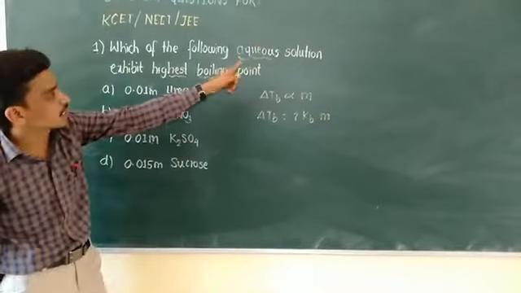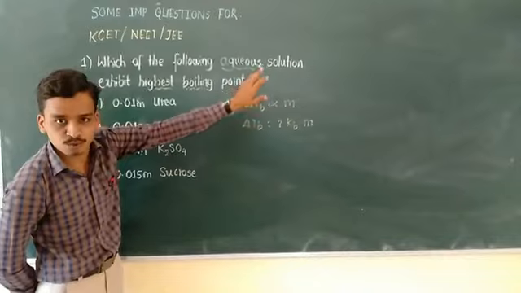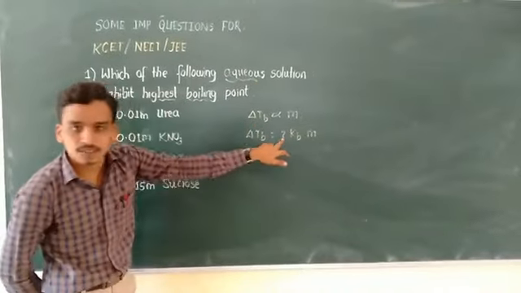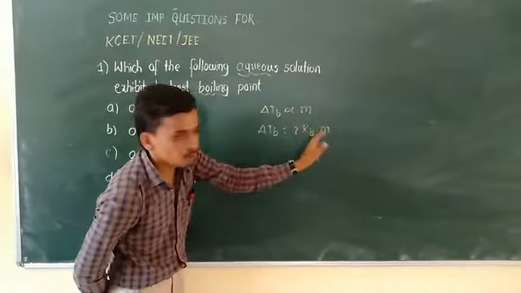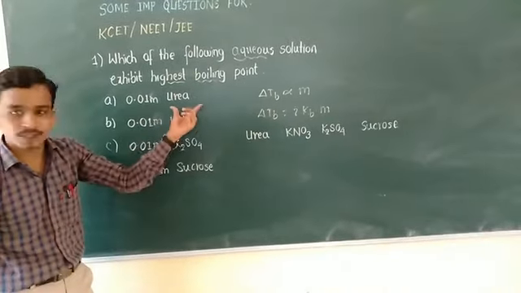Okay, why is it a constant? Because all the solutions are made from water, that is, aqueous solutions. Therefore, the points are based on the Van 't Hoff factor i as well as molarity. And how to solve? Okay, first list out the 4 options given to you, that is urea,